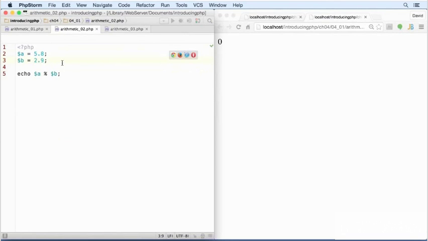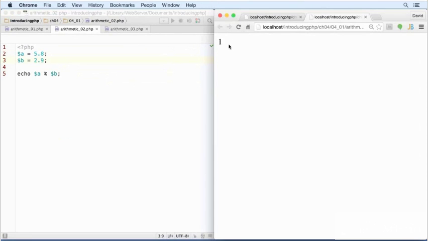Now, that actually should produce 0, but if we save that and reload it in the browser, the answer is 1. And the reason for that is both of these have been converted to integers first. So this a is converted to 5, b is converted to 2. 2 into 5 is 2 with 1 over, so that's why we get this 1 as the result using that